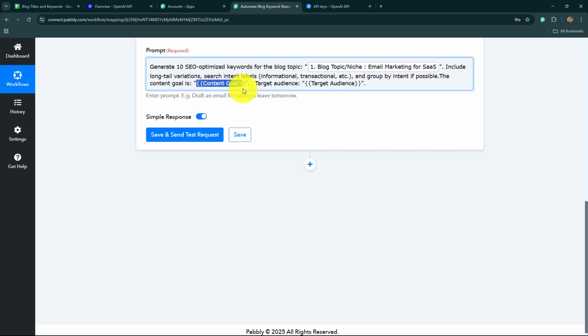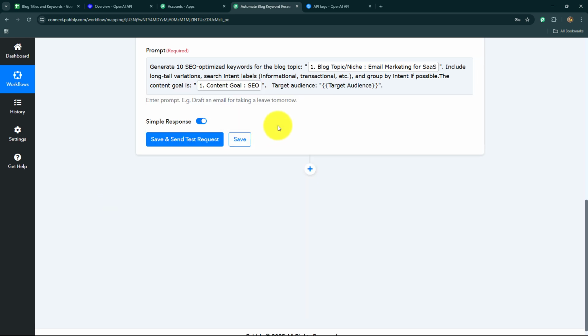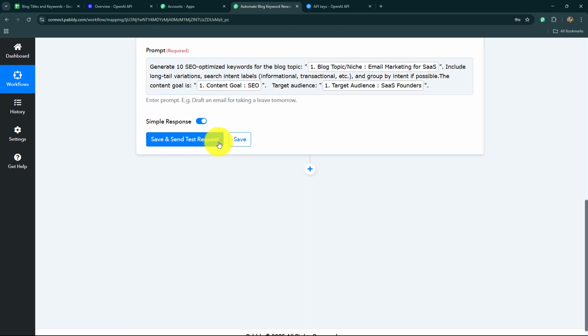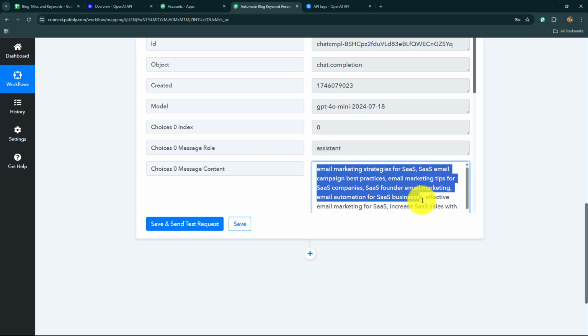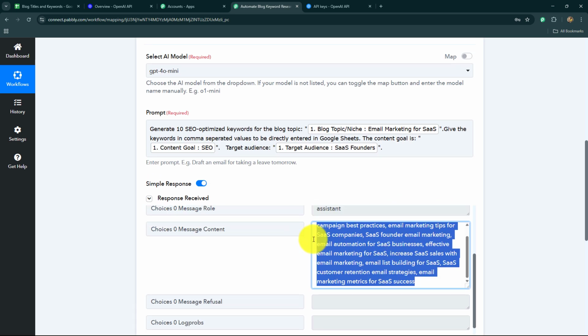Okay, so now I'm going to map the content goal that we also received in our earlier response, and the target audience. As we have mapped all these details, now let's click on the save and send test request button. Here we got the response, and as we mentioned, we have received the 10 keywords. So here, as we have received the 10 keywords related to the prompt which we provided,